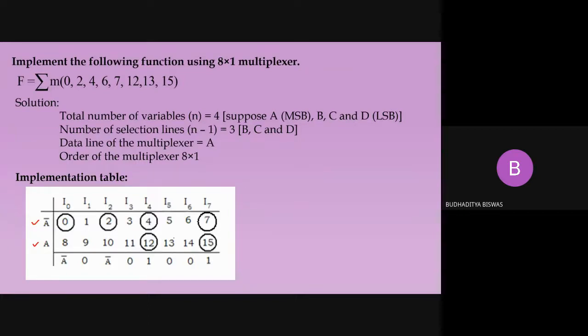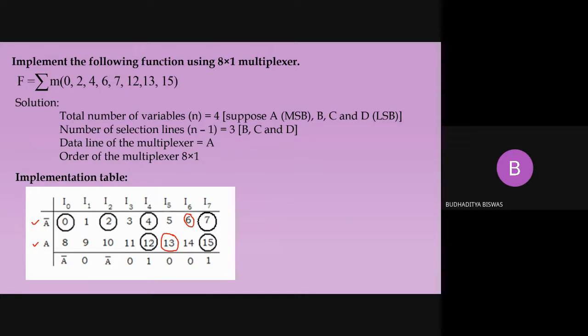So 13 should be circled. I made a mistake, what else can I do. Okay, so now after listing all the min terms, we need to circle them. Circling is very easy. If the min term is present in the expression, then we have to circle it. So 0 is present, we should circle 0, then 2, then 4, then 6 should be circled, very good. Then 7, then 12, 13, 15. So circling is very easy.